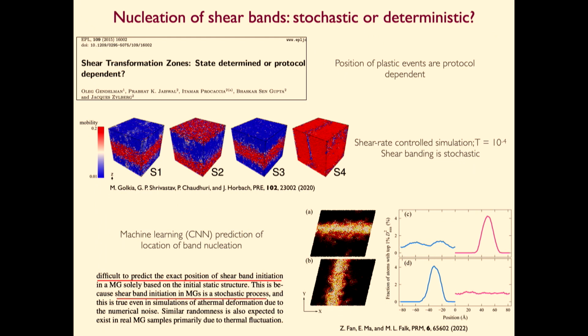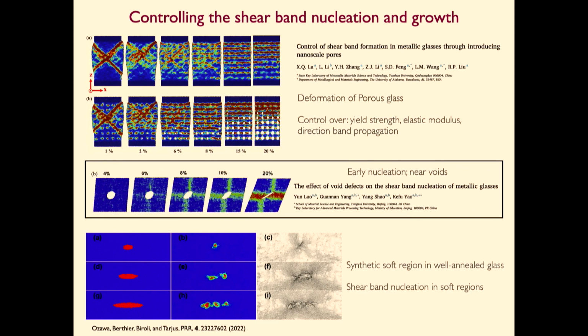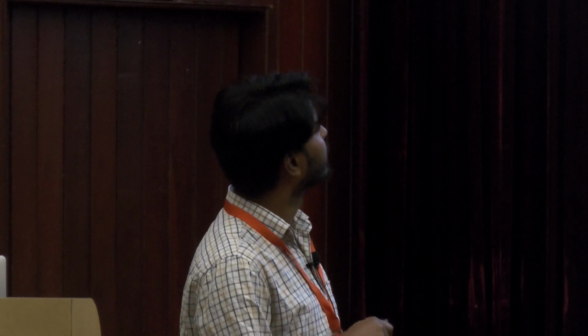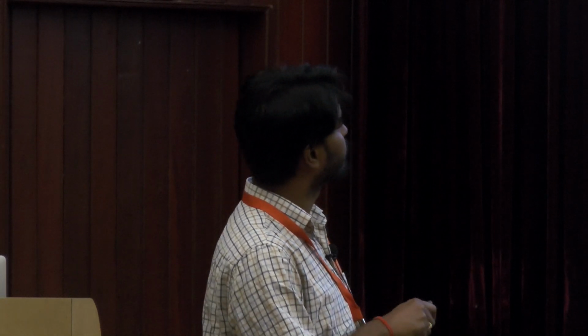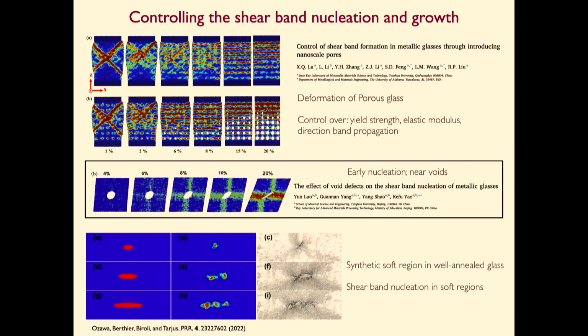So now it is very important to understand whether there is any way to control the formation of such bands in the material, if we cannot predict it with fair accuracy. In this particular study, they try to create porous glasses by introducing different sorts of porosity or different sorts of pores, where you can see that they are able to control the yield strength, the elastic modulus, and also the direction of propagation of the band. As you can see here is a tilted one, and here it goes completely horizontal